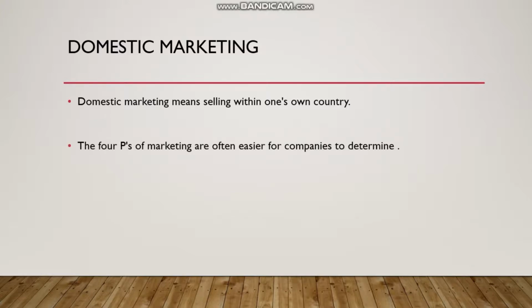The 4 P's of marketing, which are the product, price, place, and promotion, are often easier for companies to determine within the domestic market. There are no language barriers in domestic marketing, and obtaining and interpreting data on local marketing trends and consumer demands is easier and faster to do. It helps the company make decisions and develop marketing strategies that are more effective and efficient. The risks are also lesser with domestic marketing, and it needs lesser financial resources. Local markets are not as broad as the global market, though, and most companies are aiming at doing business globally.